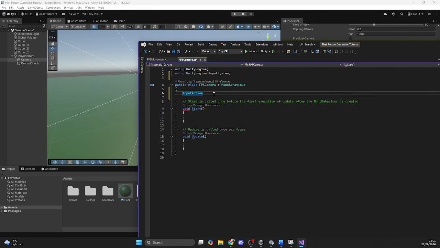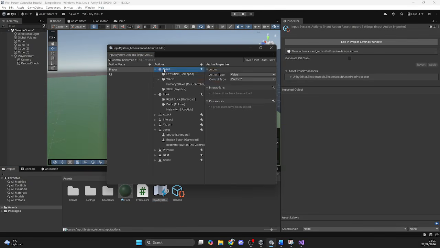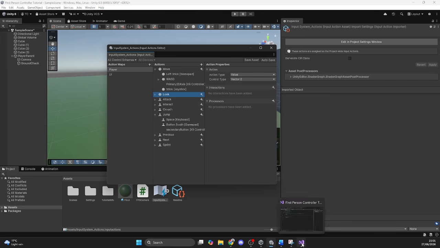It's now recognized as part of this library that we're importing. So in this case, we're going to create the variable. We're going to call it look action because this is going to be the input for looking around. We are going to then have to assign this to an action that already exists in the game. In our project here, we can see there is a look input action here already, so we can assign it to